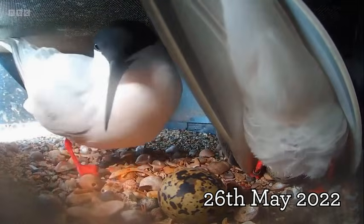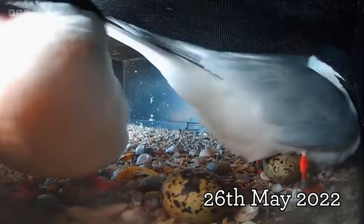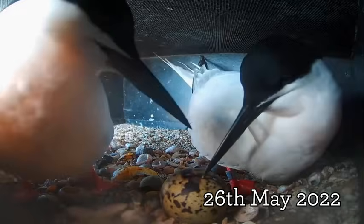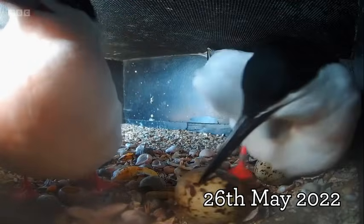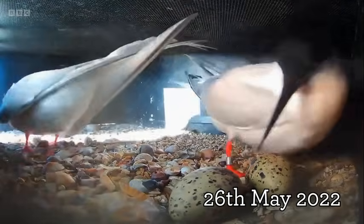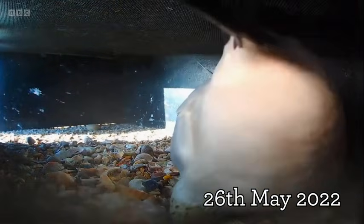She positions herself quite nicely here for the camera as she lays her second. It's amazing how curious that male is. It really is. Look at that. Having a look, and those vocalizations between the two as well, and she immediately starts to incubate them, making sure that they're nice and warm. They lay between 1 and 2 eggs. And off they go, making sure that those eggs stay nice and warm,